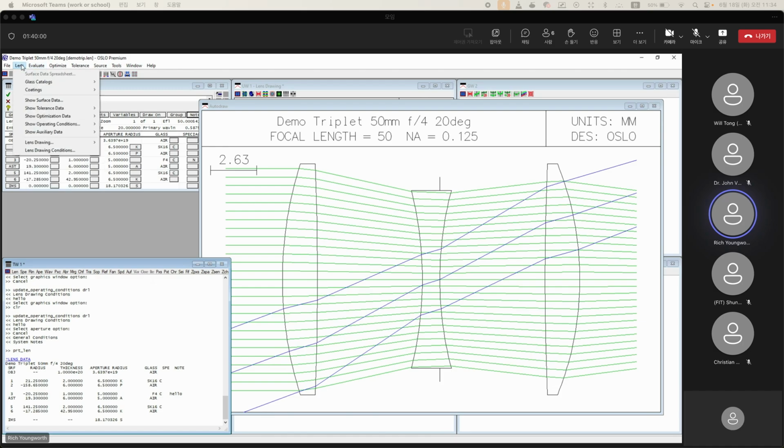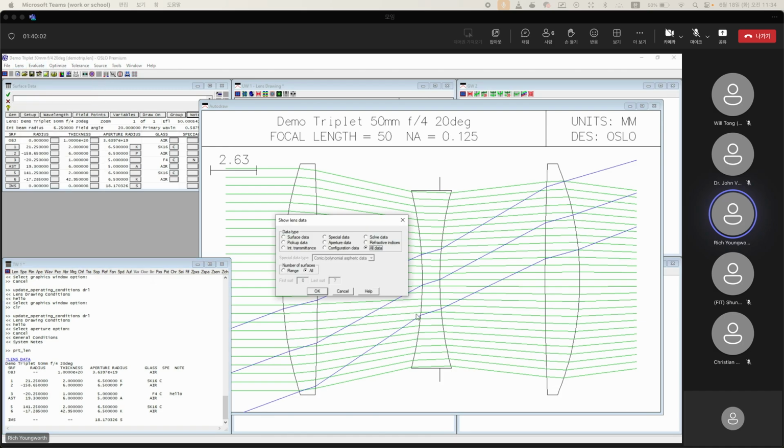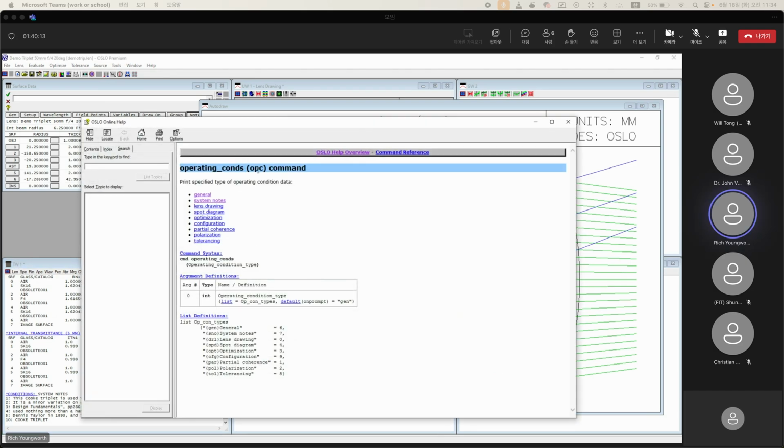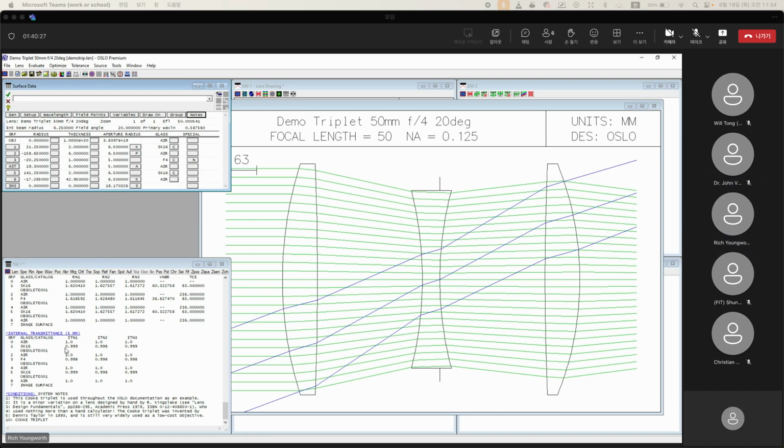And the system notes, I actually looked for it right before the class, and I usually just get it with the all data. But there's a command, actually, for this. So we'll go here to conditions, OPC. So to get the system notes, it's system notes here. So to do system notes, it's this SNO. I haven't shown how to understand these yet, but if you come here and we just do UOC SNO,